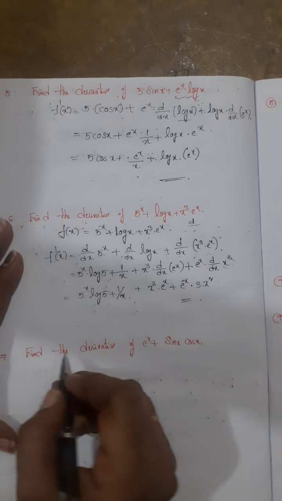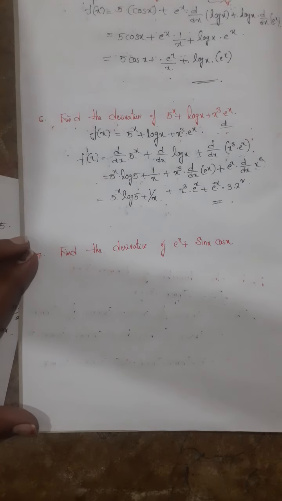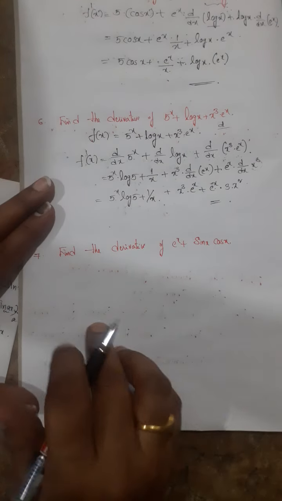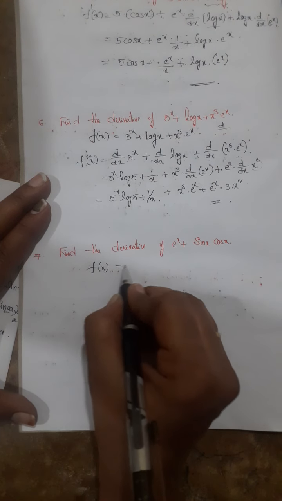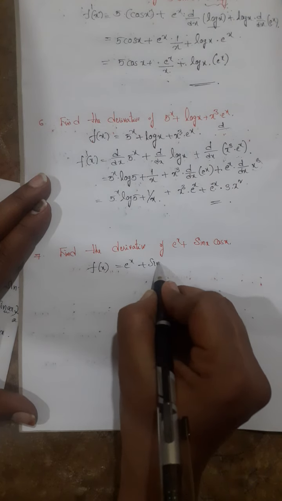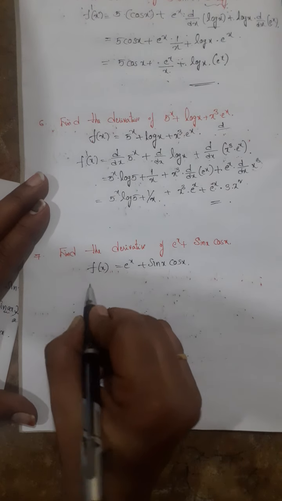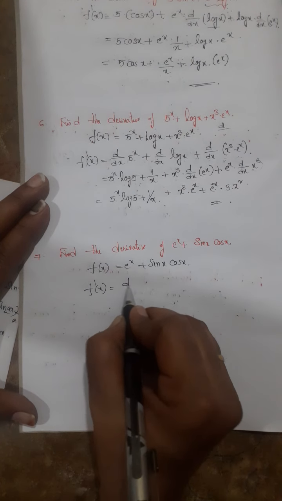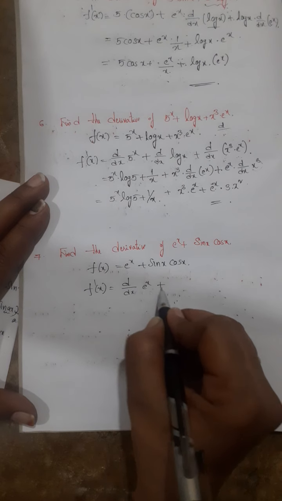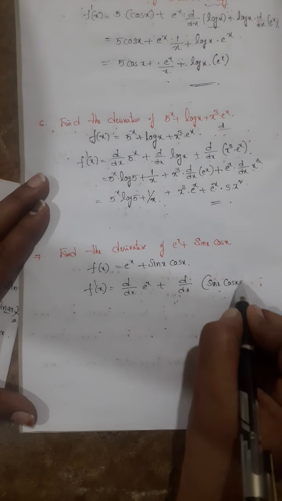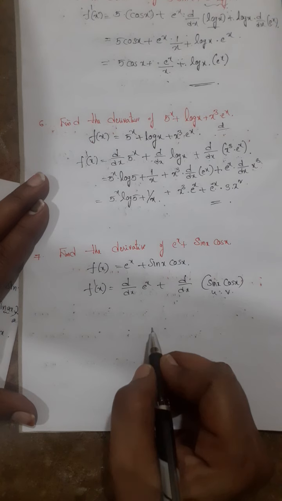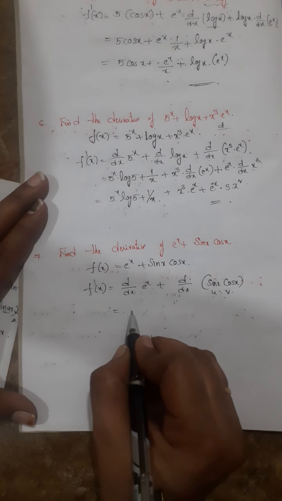This is your answer. Next question. See, f of x is e to the power of x plus sin x cos x. F dash of x is equal to what? d by dx of e to the power of x plus d by dx of sin x cos x. Again here the u into v formula you have to apply, and this is anyway e to the power of x only,